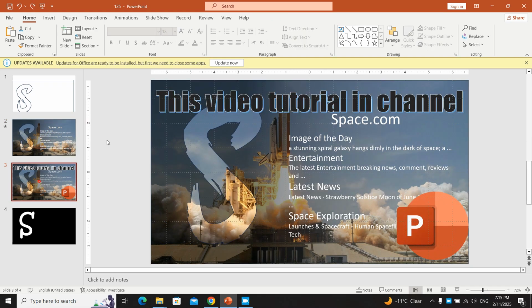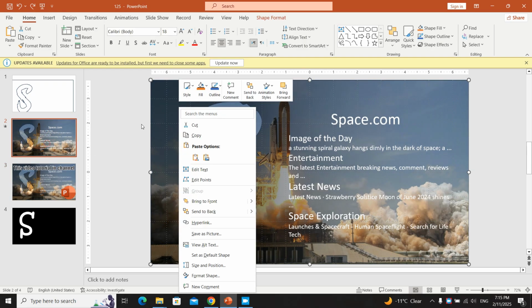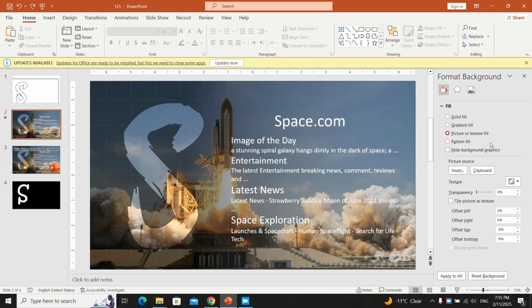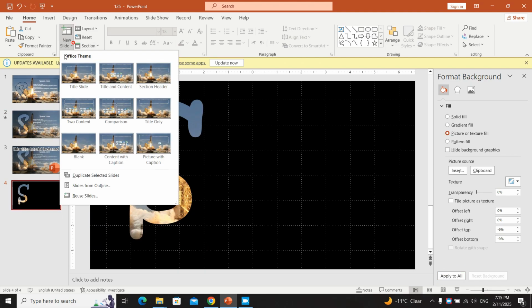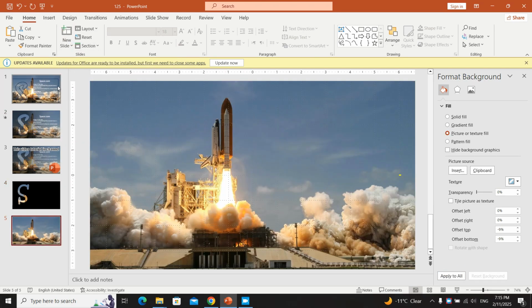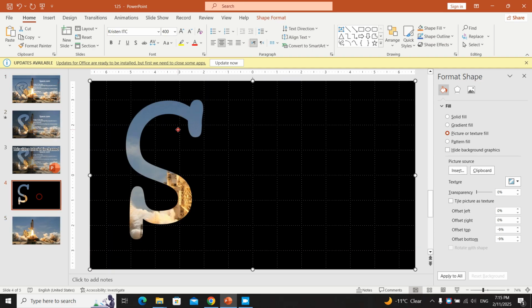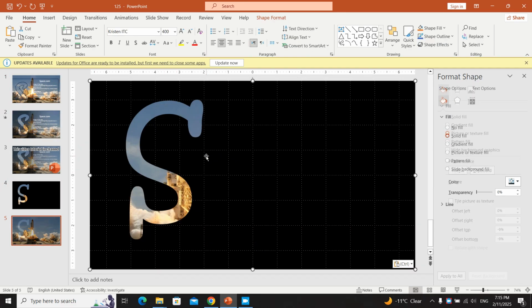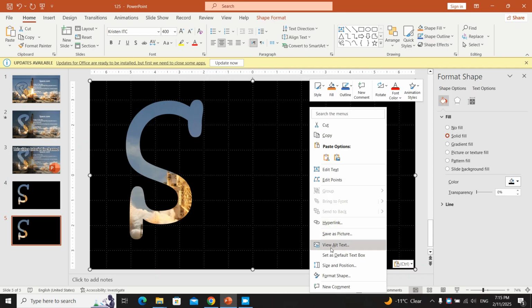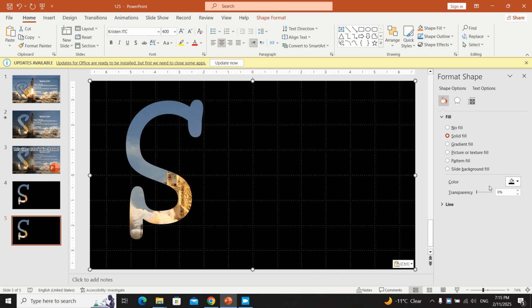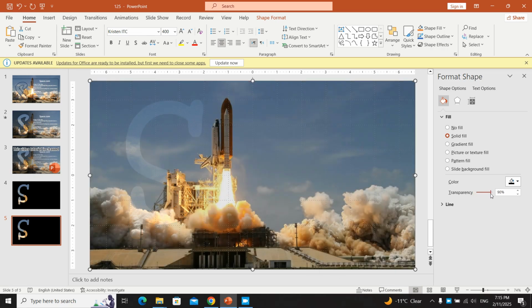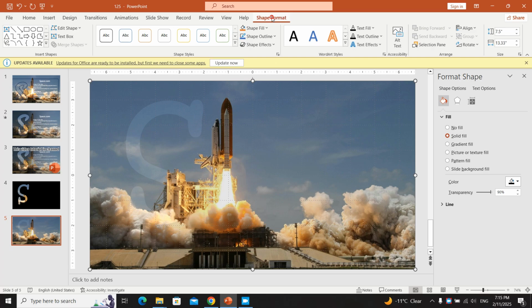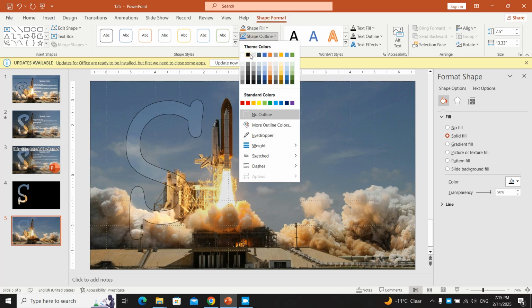What we are going to do is format background and then apply to all. We are going to paste the picture in our background, this picture, and then copy this shape that we have and paste it here. And after that we are going to format shape to make it lower, and then give it a gradient